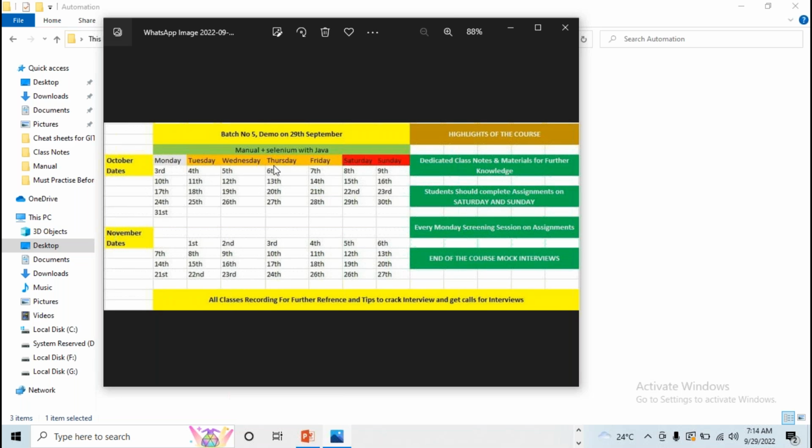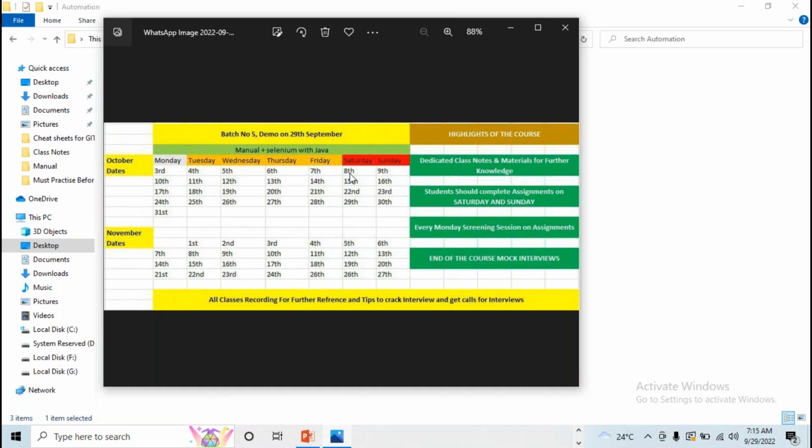Here, Monday, Tuesday, Wednesday, Thursday, Friday till 7th October, whatever concepts I teach, I will give a task to you based on these 5 classes. After completion of these 5 classes, I will give an assignment based on the concepts which I teach this week. What you have to do is the task which I give on Saturday and Sunday. Okay. You have to do the task or assignment which I have given on Saturday and Sunday.